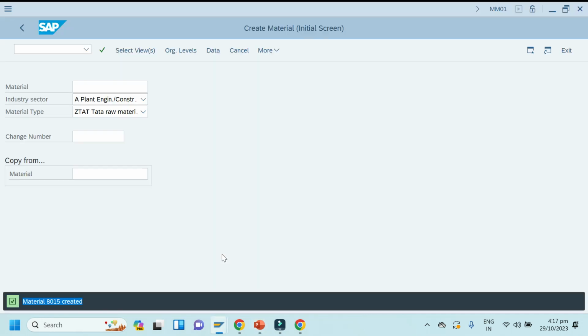Now we have to create another material with a standard price.